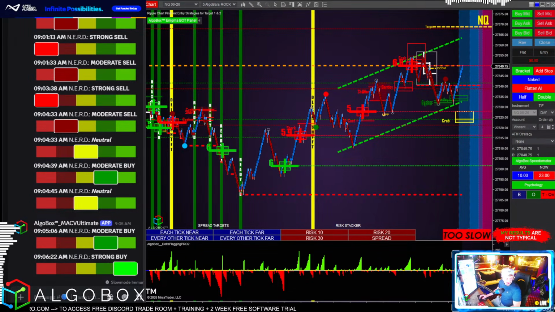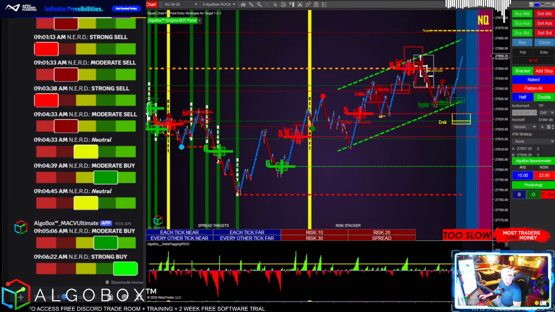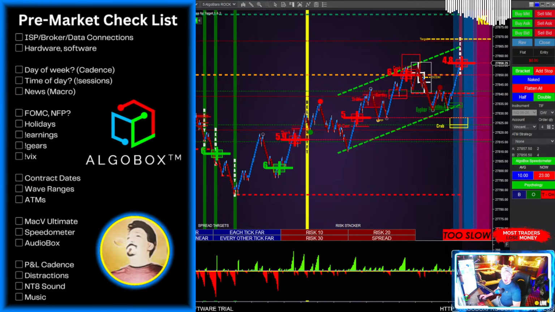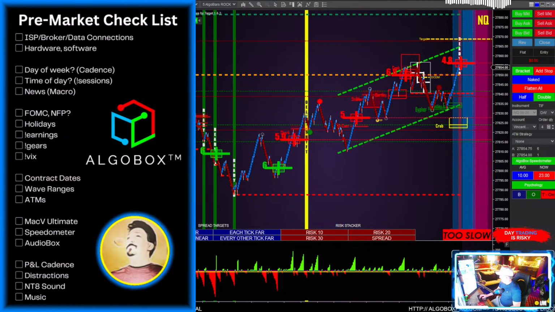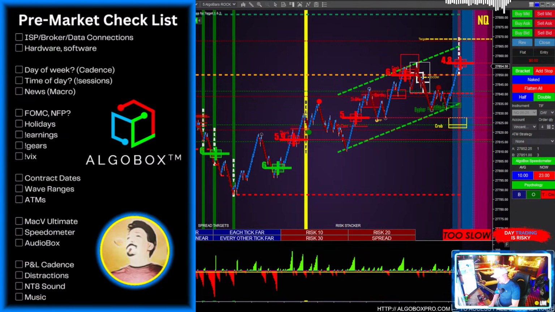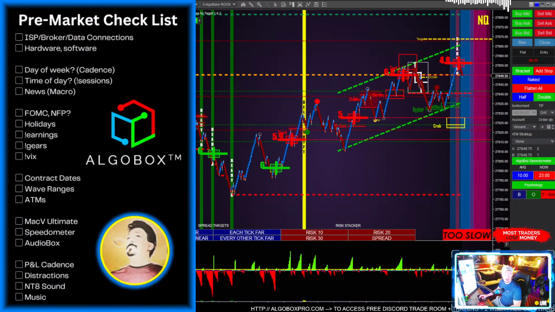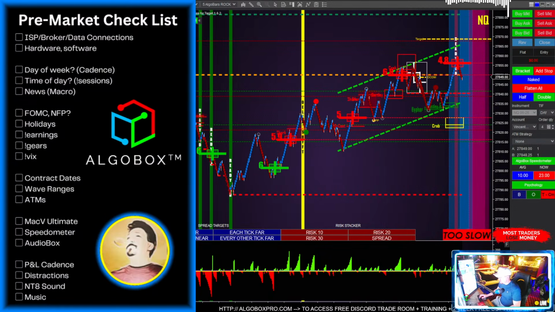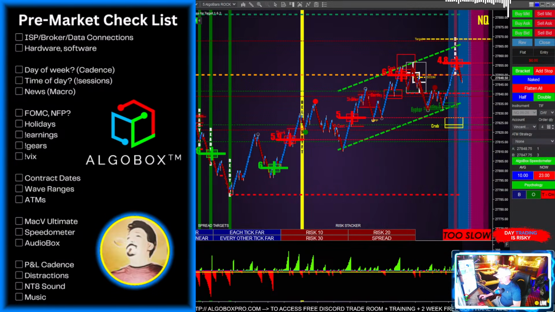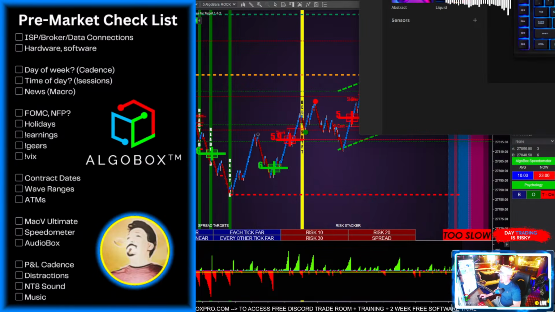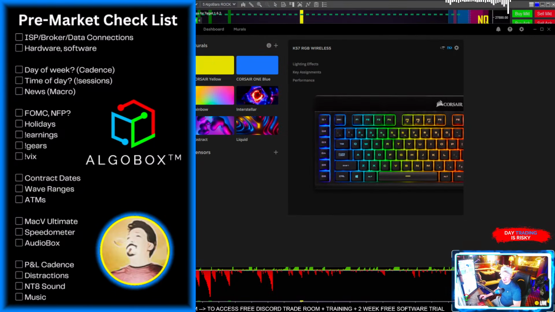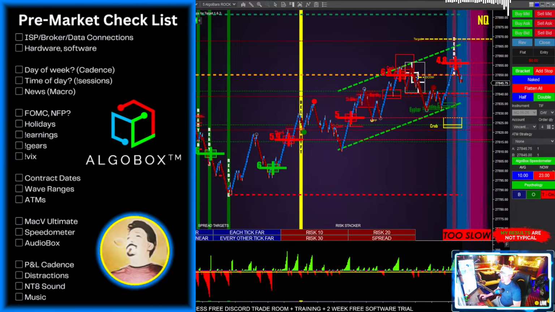And let's put the checklist here on the screen. If you type !checklist in the public chat, I'll do that right now. So in our Discord, type !checklist. This will come up there. Data feeds, got that rolling here this morning. Hardware, software. Let's make sure that for me, hotkeys, I always want to check that one when I'm on that step. Make sure my hotkeys are turned on. It is. Got my hotkeys locked in there.